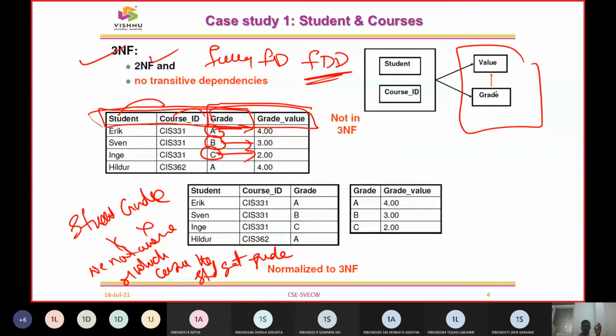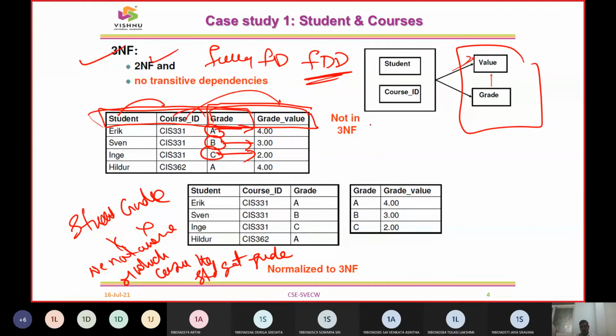Is value and grade related? Yeah, they are going to be related, but not directly. And is course and student related to a value? Yeah, both student and courses, unified courses. So in a semester you have 6 courses. For all the 6 courses you need to get a value. So obviously student and courses, yeah, they are related to the value.